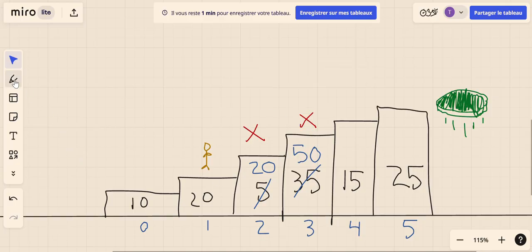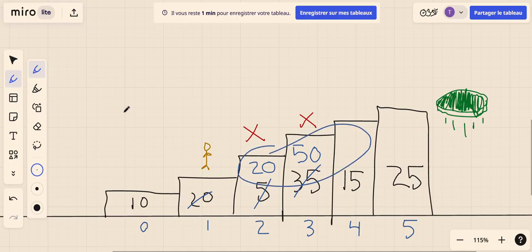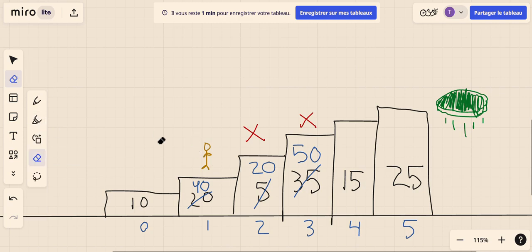So now from that 20, well, I think you guessed the concept. I will take the minimum value between that 20 and that 50, which appears to be 20. So I will write out that 20 and I will put 40 here. All right. So now we know that from, oh, apologize for that. We know that from